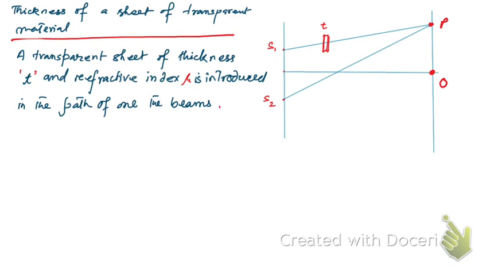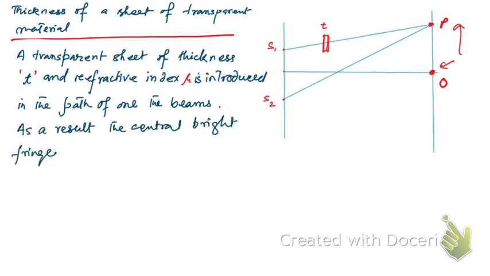Due to which this central bright fringe shifted to P, right? Now the light wave from S1 to P partly travels in air,